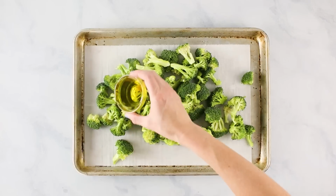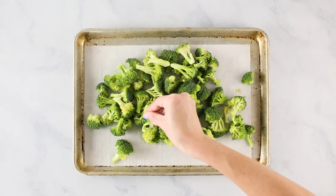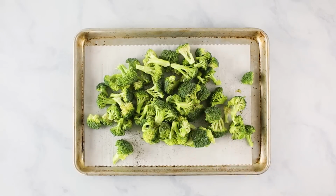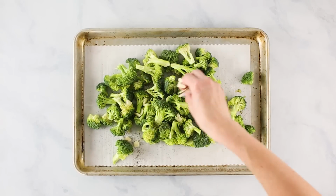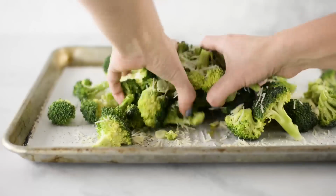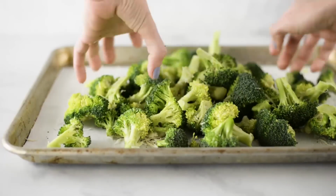From here, it's 5 more ingredients. Are you ready? We're gonna drizzle some olive oil over there. Then we are going to add some sea salt, some ground black pepper, very thinly sliced garlic, and some grated Parmesan cheese. It's that simple. And kind of toss all this, manipulate everything around so you get the broccoli as coated as possible, and then